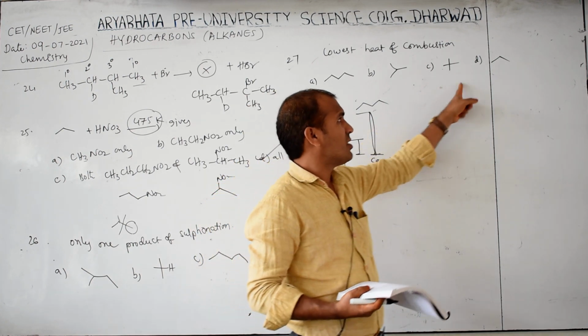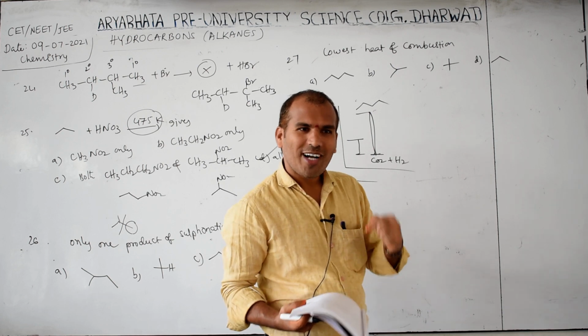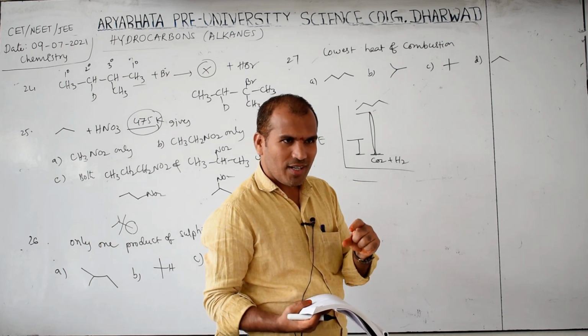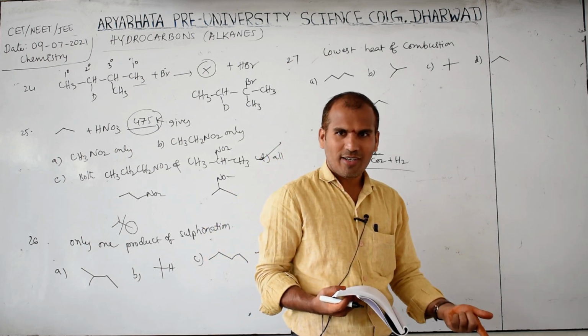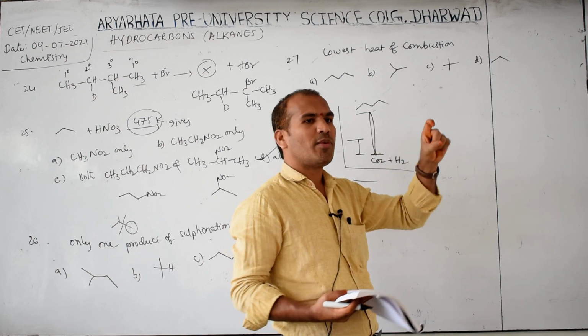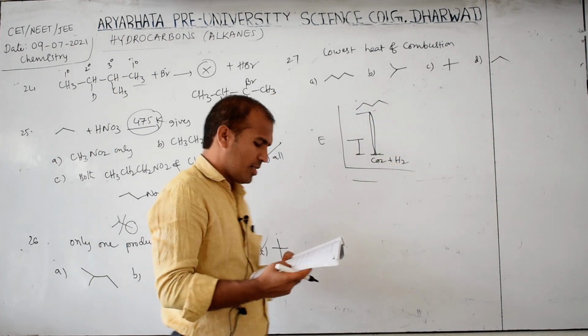Here 5 carbons are there. Here 3 carbons are there. So when the number of carbons decreases, the heat of combustion is also less. More number of carbons, more heat of combustion. Less number of carbons, less. But highly branched is more stable than the straight chain. That's why C option. Next,